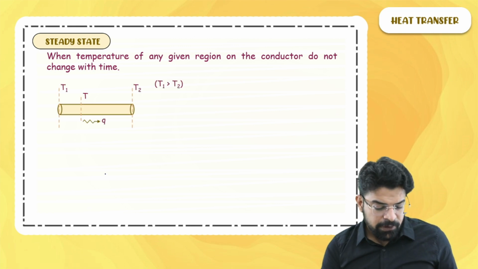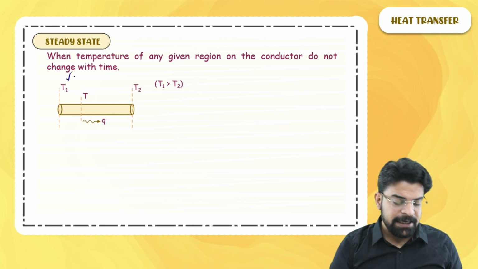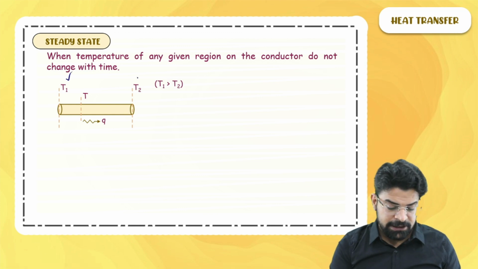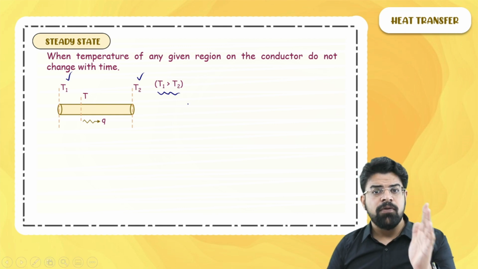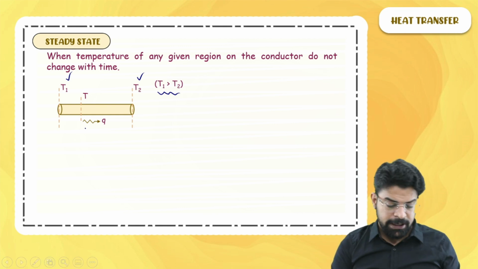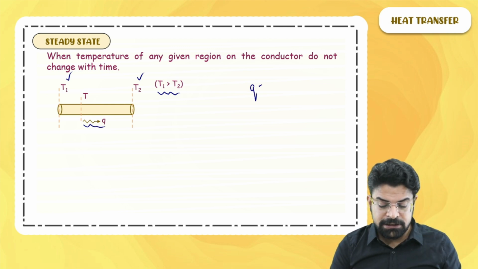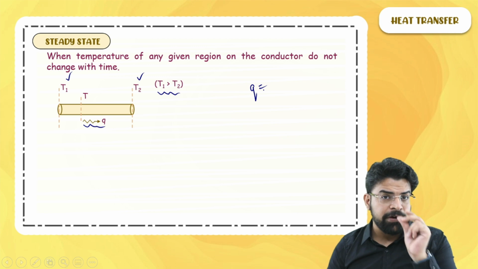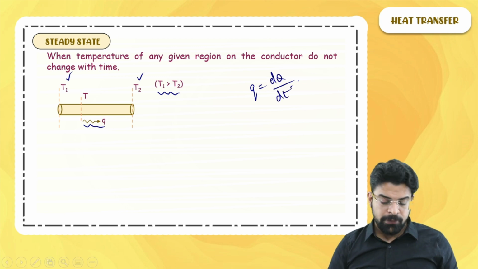So let's say we have got this rod under steady state. The temperature of the left-hand side is T1, the temperature of the right-hand side is T2, and let's say T1 is greater than T2. We know that the heat will flow from higher temperature to the lower temperature. So there will be a heat flow. Understand that again, what I'm writing as small q everywhere is the rate of heat flow, dQ by dt. Now,